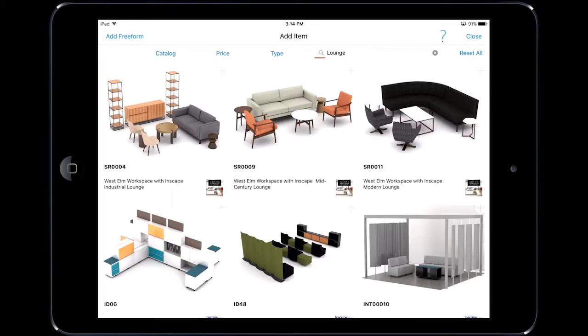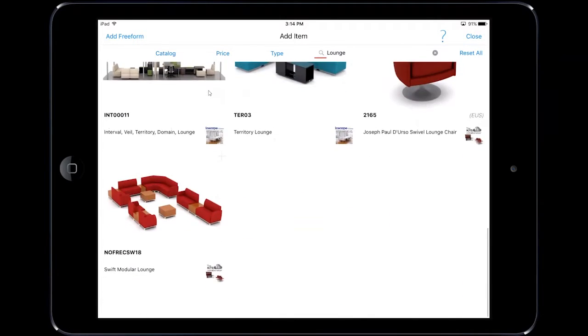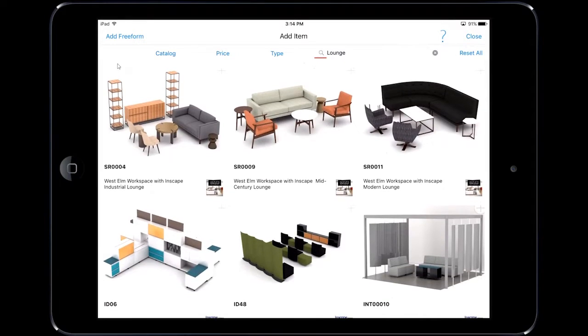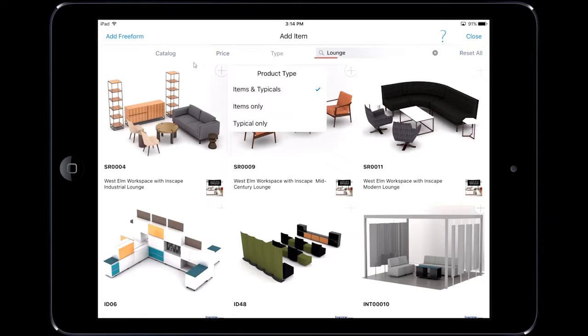I'm going to tap Search. And you can see once I do that, it populates with typicals and items, and that's because there are quite a few items on my iPad that actually have the word lounge in the description area. So what I want to do is tap on Type, because I do know that I want